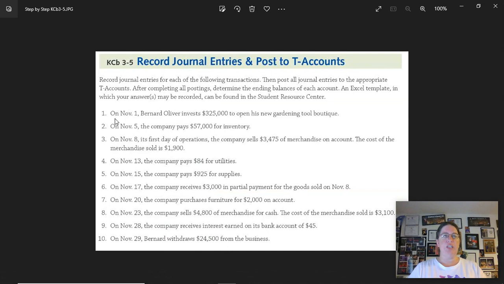Let's look at our first entry. On November 1st, Bernard Oliver invests $325,000 to open his new gardening tool boutique. Okay, so just like we did in chapter 1, we're going to break this entry down into the 2 or 3 accounts that we need in order to complete this journal entry. Bernard Oliver invests $325,000. So that's going to affect cash because we're receiving cash. And it's going to affect capital because he's investing in his business. Okay. So cash and capital,